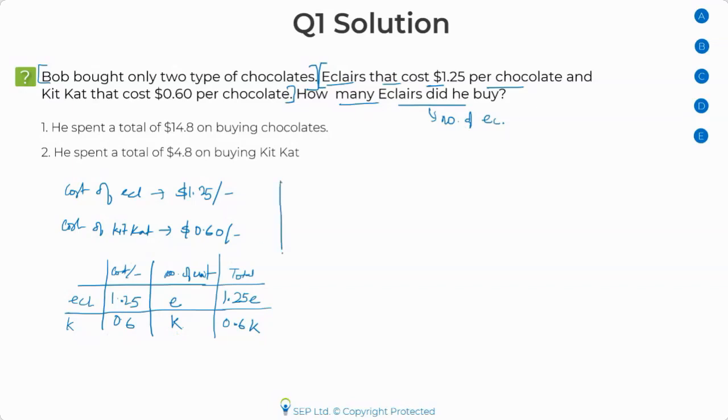So I'm going to move to the first statement. Most of you, I'm sure, did that only. The one thing you could also have done before moving to the first statement is make another inference. Can anyone tell me what I can infer about this number of units, E and K? It's not mentioned, but what can I do with this information?